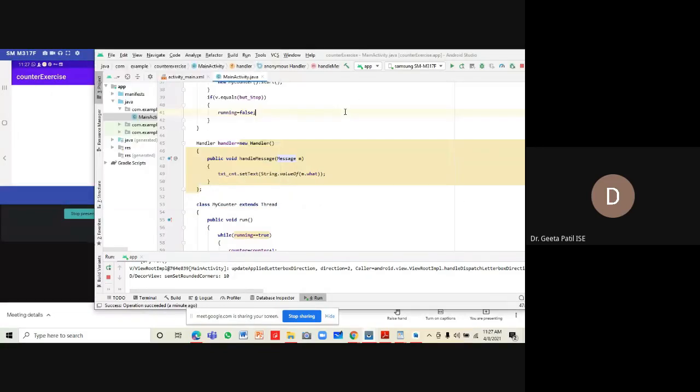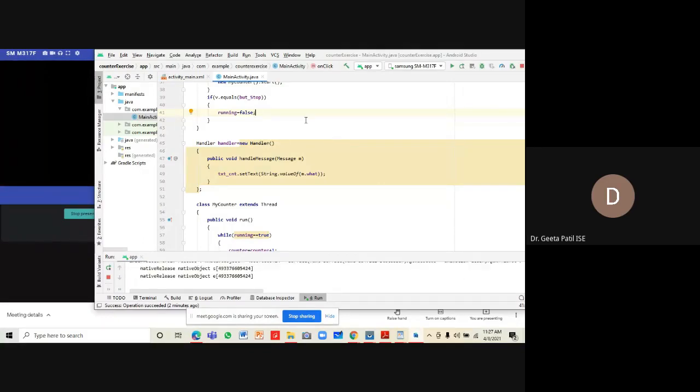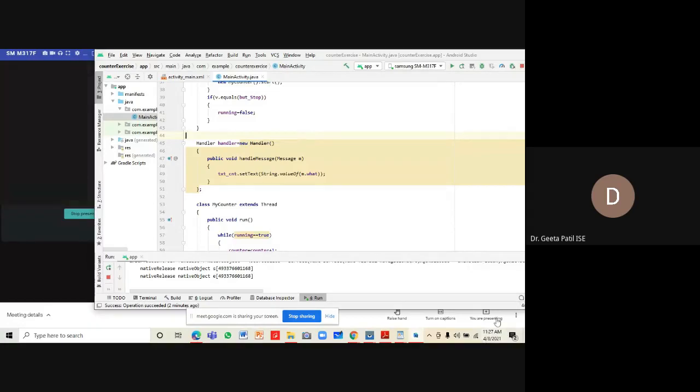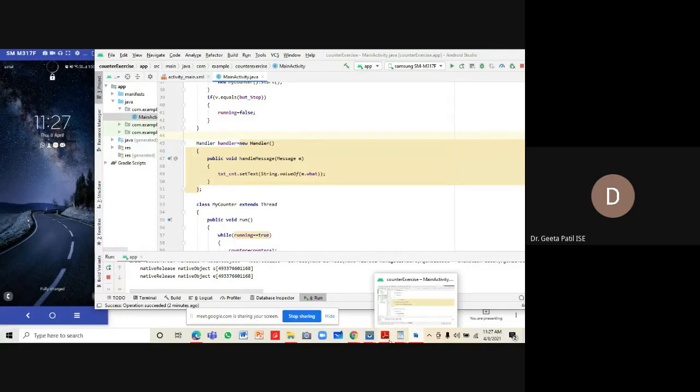So that is where threads come into the picture. Instead of doing time consuming activities in the main UI thread, give that work to a worker thread, so that you get a better response from the running application. So that is what we have discussed, all about the concept of threads.